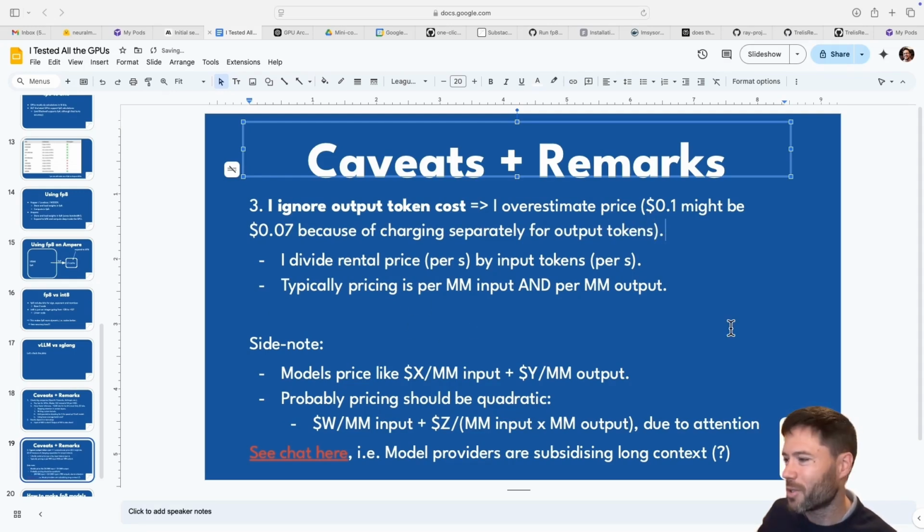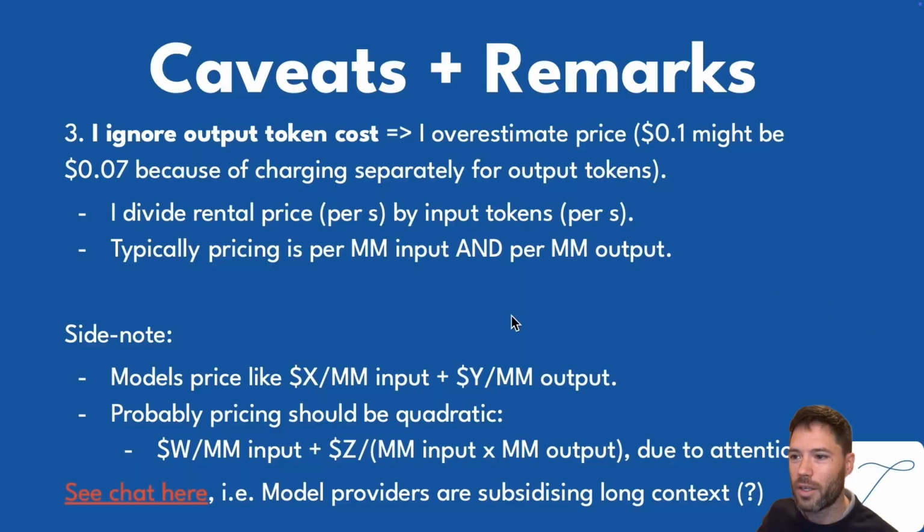Just on a side note as well, it's pretty interesting that the industry norm is to charge for million input tokens plus some price per output tokens. This makes a lot of sense if you did not have attention. If you just had feed-forward neural networks, then this kind of pricing would make sense. But actually, if you look at the flops, the number of calculations that are being done, when you send in a request, the number of flops is really going to be proportional to the number of output tokens multiplied by